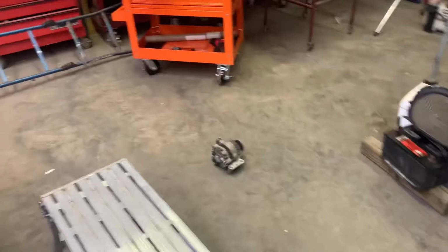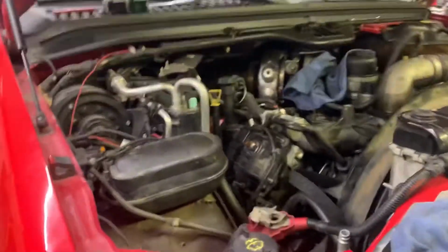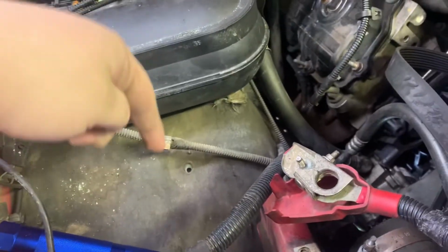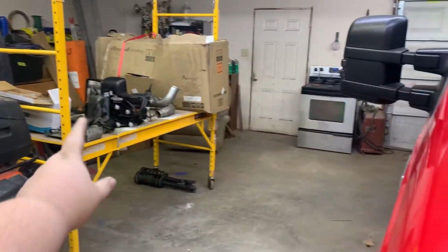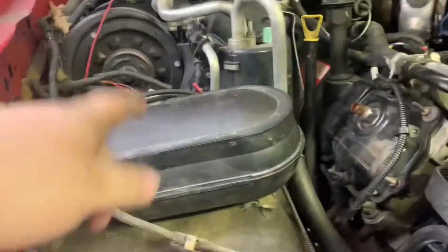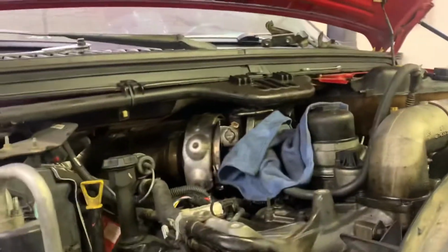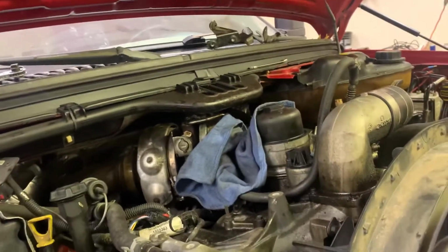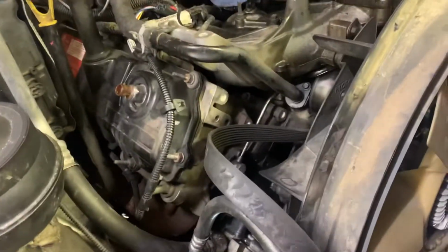Alternator's off, Fickham's off. Well, you can just see here. Pulled the batteries, pulled the battery tray, pulled both of those out, one on each side. That little mystery module that we don't know what it does. And had to pull the oil line here on the top of the turbo off as well, to get the wires through it. But pulled the belt off, obviously, pulled the alternator. AC compressor down in there, pulled it completely out,